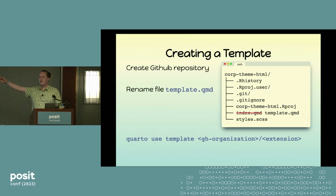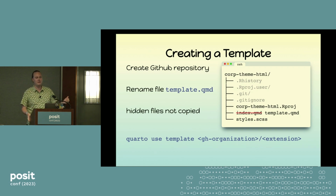Now, if this is on GitHub, you can use the terminal command quarto use template, the name of the GitHub repository, and this file structure will be copied over to wherever local you point it to, and the template is what's being used. It will ignore hidden files by default. So it won't copy over the R history, the git files, all the things you normally don't want to be